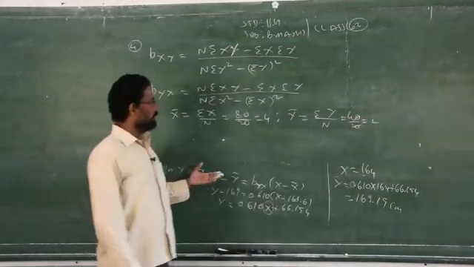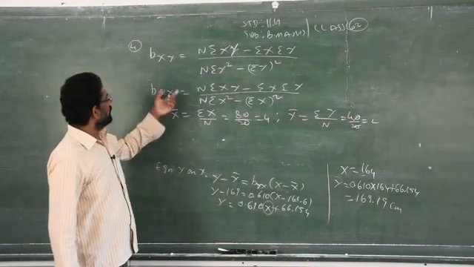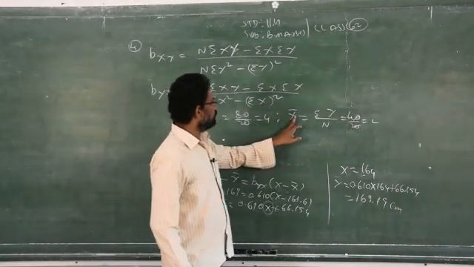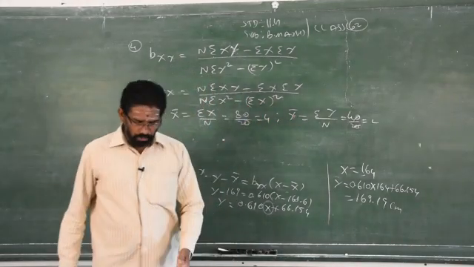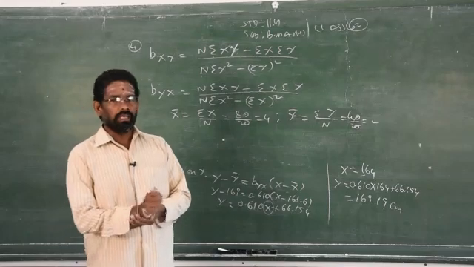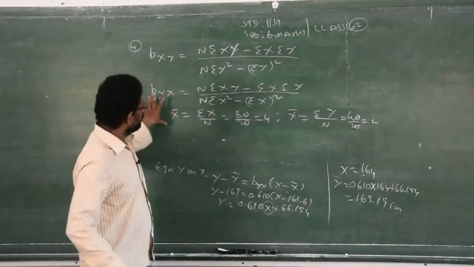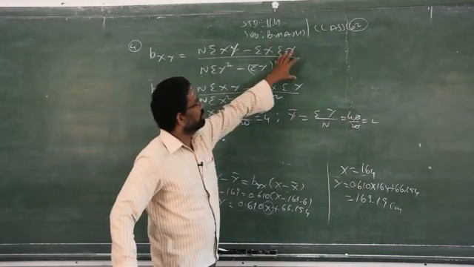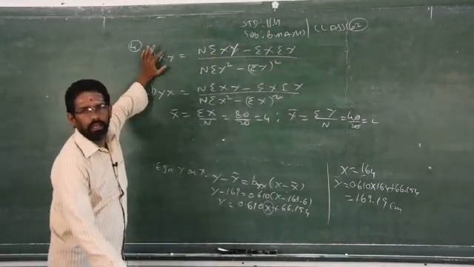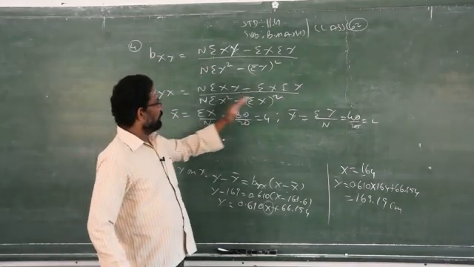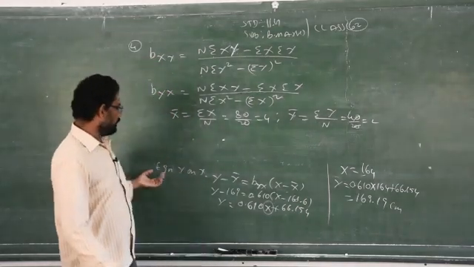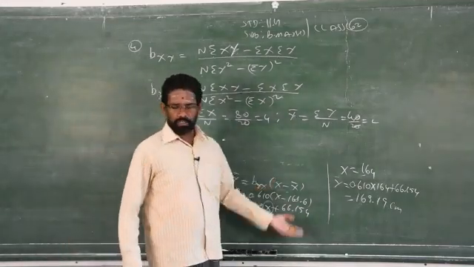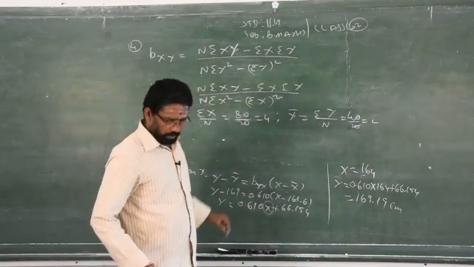So, all the information is given. Only the information not given in the book is bxy and byx, x bar and y bar. So, you have to find all these from the information already given in question number 4. Now I gave the formula. Now your work is just to substitute in this, find bxy and byx; x bar and y bar we found already. Then you have to write down the equations x on y and y on x. Substitute in both the formulas and find the equations. Clear? That is homework.